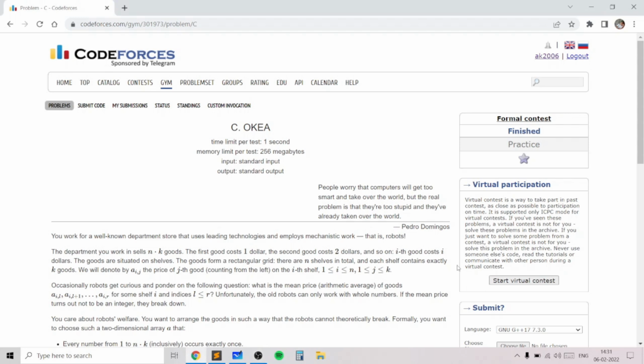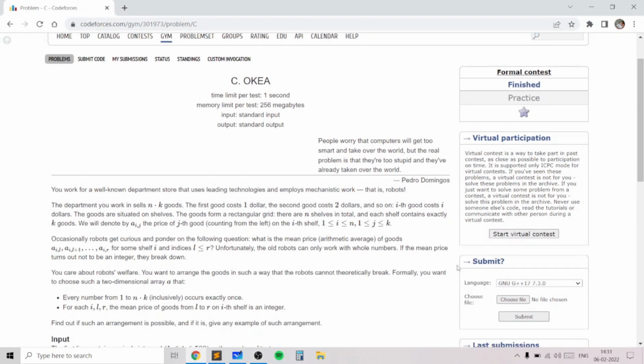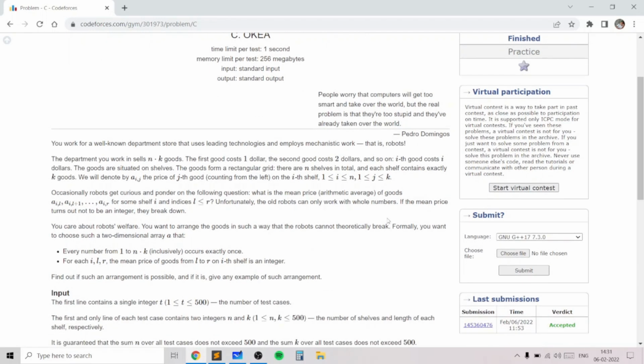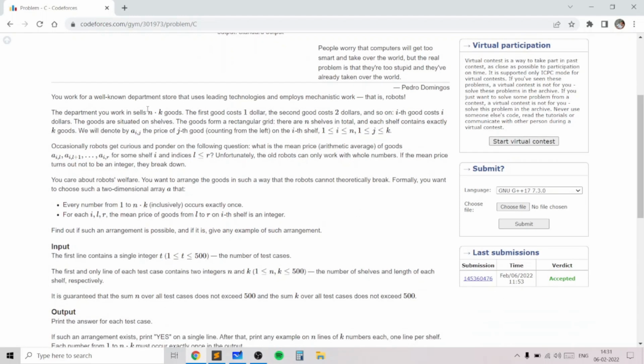Hello everyone. In this video, I will go over my solution for the problem named OKEA taken from today's Codeforces round. This problem is an external problem on casework, constructive ideas and some math. So in this problem, we are basically given a grid containing n shelves and there are k goods on each